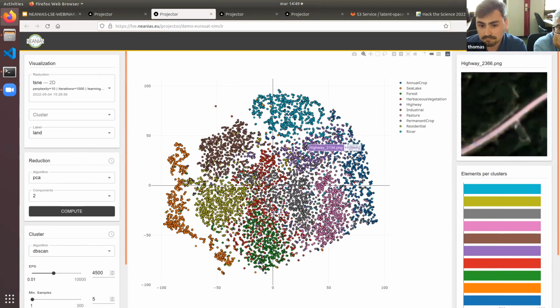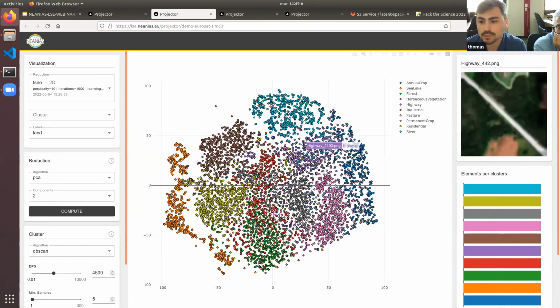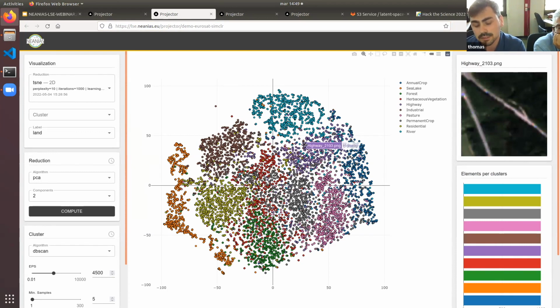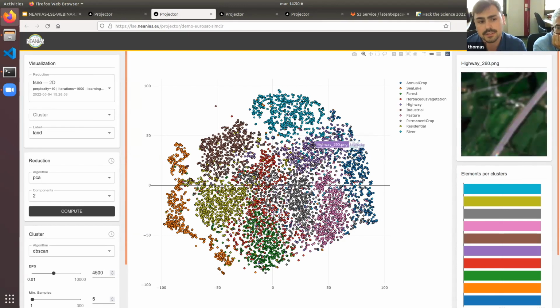That is totally reasonable if you think about it, because the highway is a structural building that passes through another land type, and so the features learned on those images take into account the context of where the highway passes. So we see that there is some reasonable display of the data,